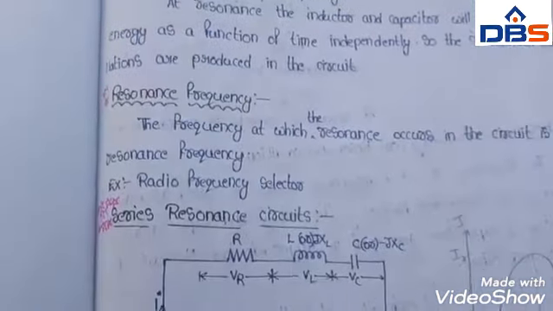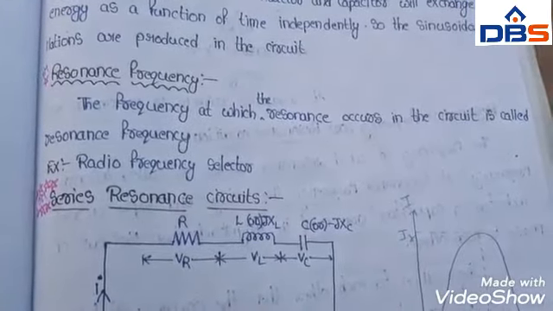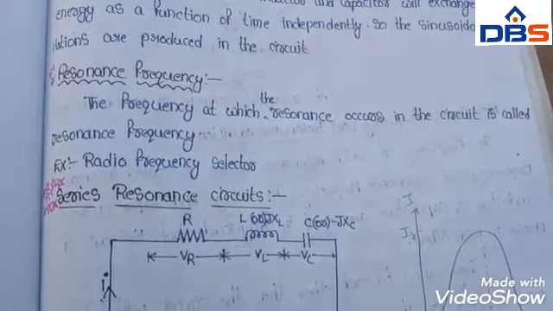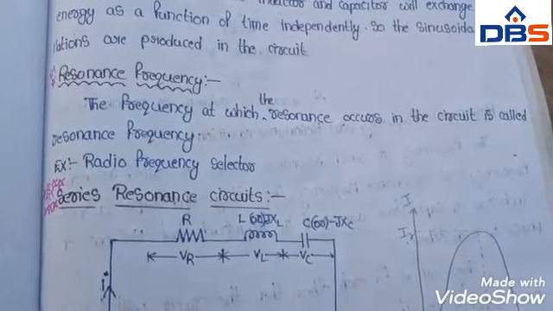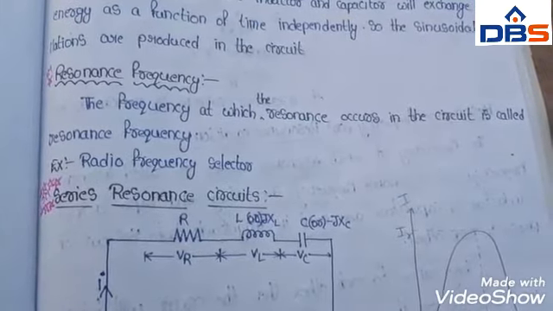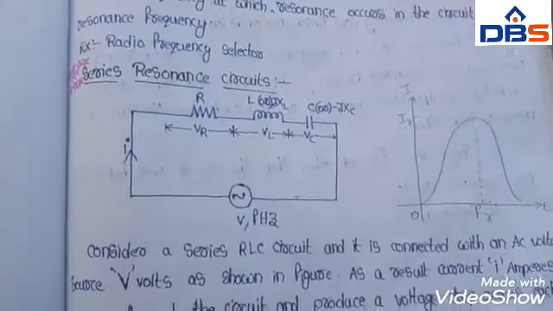So what is meant by resonant frequency? A frequency at which resonance occurs is called resonant frequency, and this definition is very important for 2 marks. Coming to the series RLC circuit,